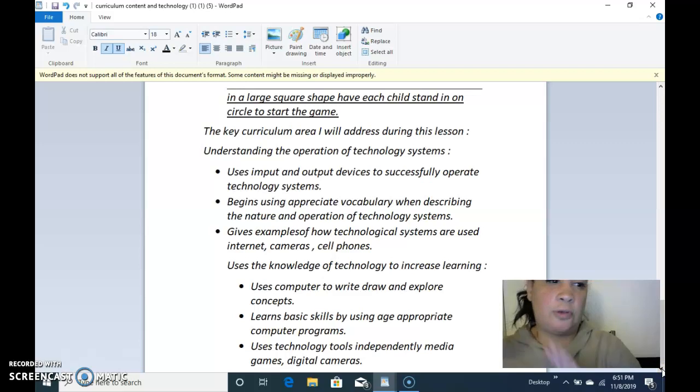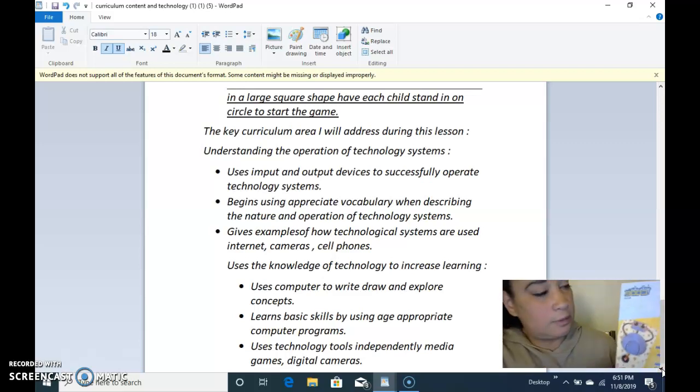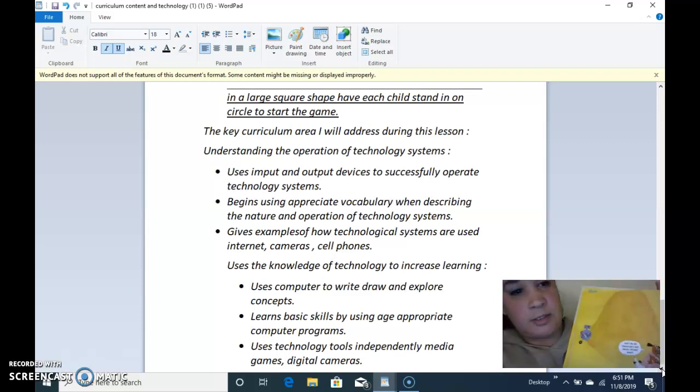I'm also going to incorporate the book with the lesson plan, How to Code a Sandcastle. It's a very attractive and interesting book for kids to learn what coding is. It's colorful, it's attractive to children, and the project should be fun. I also have a video that I'm going to incorporate